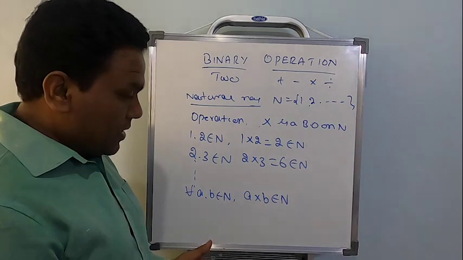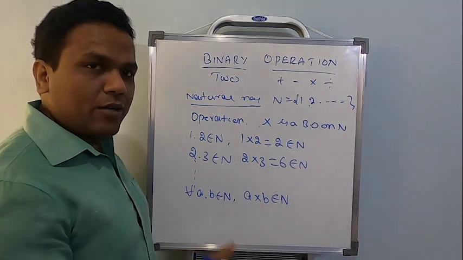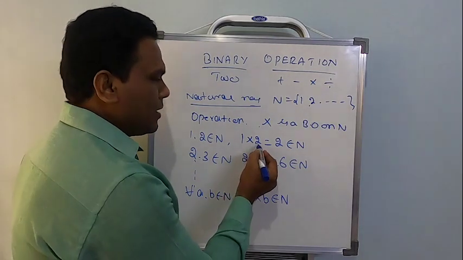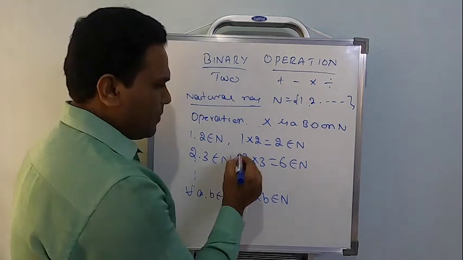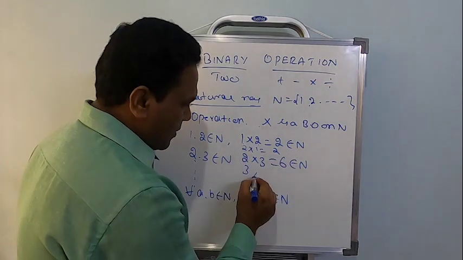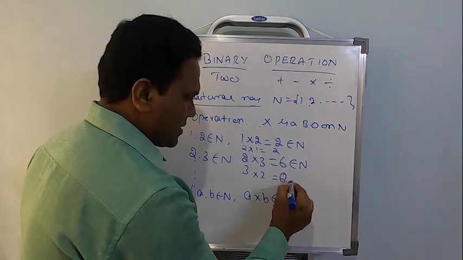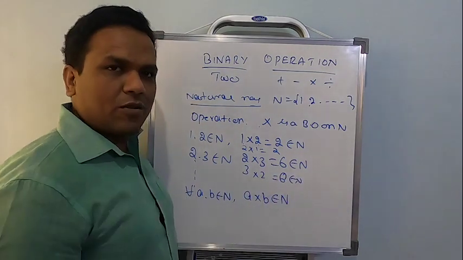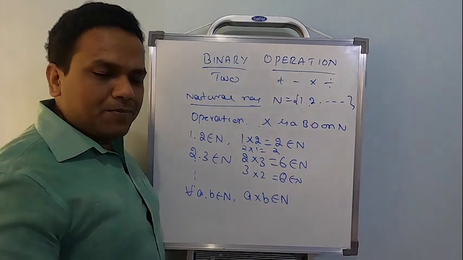Okay. Now here you can also notice, sir, why you didn't do it the other way? Yes, no problem at all. What will 2 multiplied by 1 be? 2 multiplied by 1 is still a natural number. What will 3 multiplied by 2 be? 6, still a natural number, correct, right? So it doesn't matter. Fine.